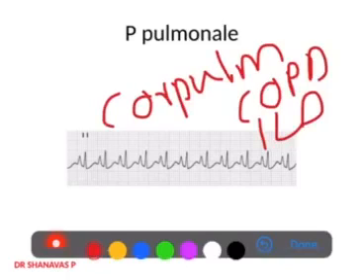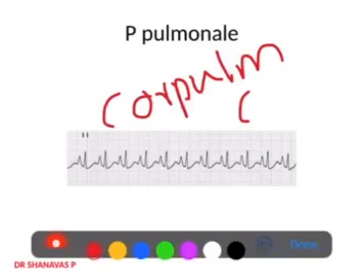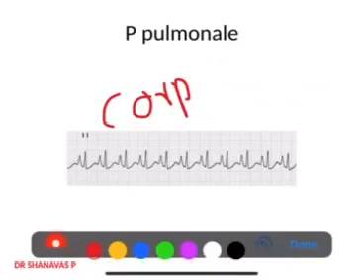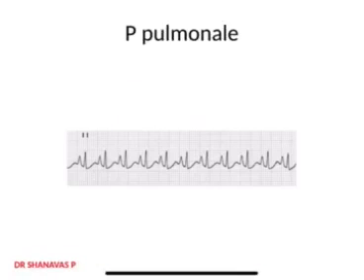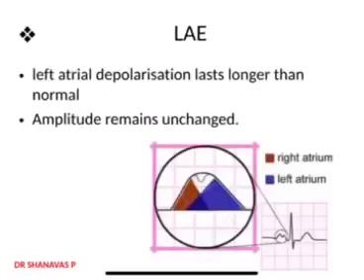So it is a non-invasive method to diagnose right heart failure. If one of your patients presents with a known case of COPD and breathing difficulty, and you have taken an ECG, you should look at the P wave amplitude. If the P wave amplitude in lead 2 is more than 2.5 millimeters, that means he is suffering from right heart failure or cor pulmonale. Clear? So next we will look at the next abnormality, that is left atrial enlargement.